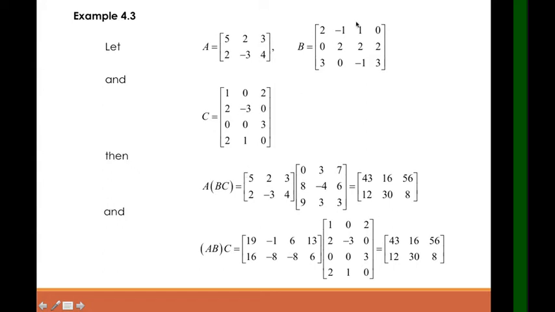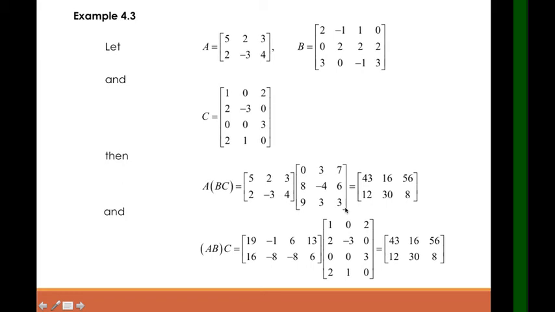I believe you already know this process because I already discussed it in the previous discussion. Once you multiply B and C, you will get 0, 3, 7, 8, negative 4, 6, 9, 3, 3